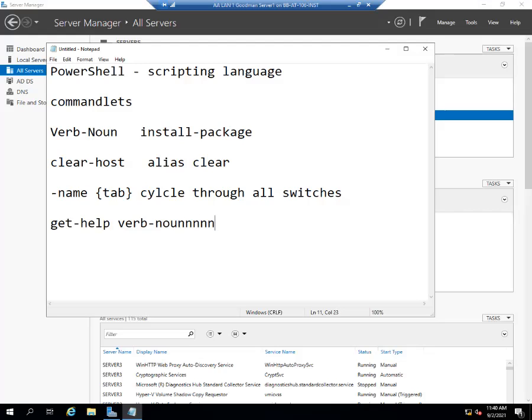And it'll bring up a help screen. So whether you're viewing it in the command prompt or you're viewing it in a web page, you'll see some things like